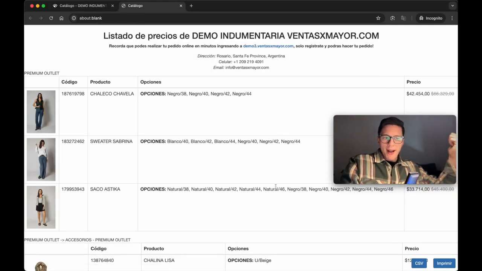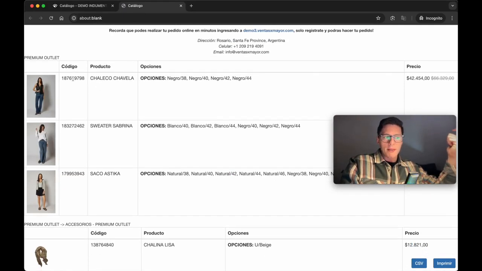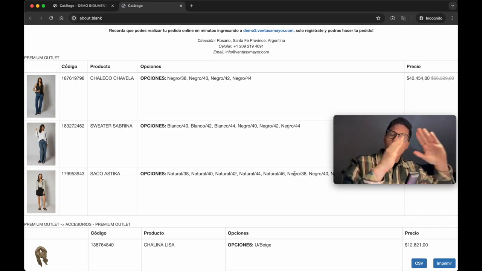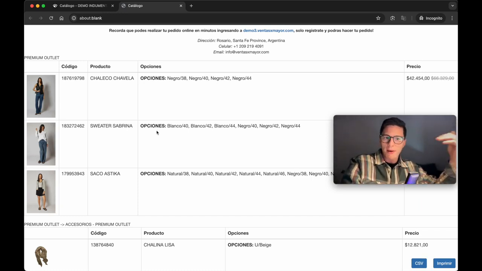I downloaded it as a catalog. It will just put the code, the price, all the options added up. One price, a general price. They won't give a detailed list of options or price lists or anything. For CSV, it will download more. If you need to send a more detailed catalog,